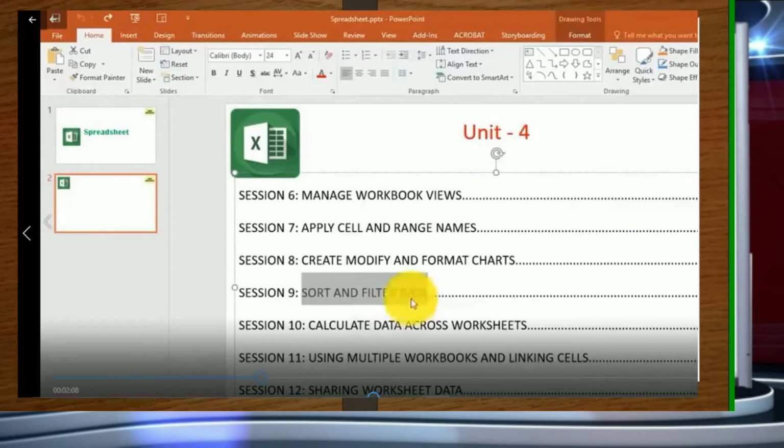Session 10 is across worksheets, meaning we have the same file, but we are shifting data from one sheet to another, with sheets in the spreadsheet as sheet 1, sheet 2, sheet 3 and so on. Similarly, in session 11, we share data across workbooks, which means the files should be different.